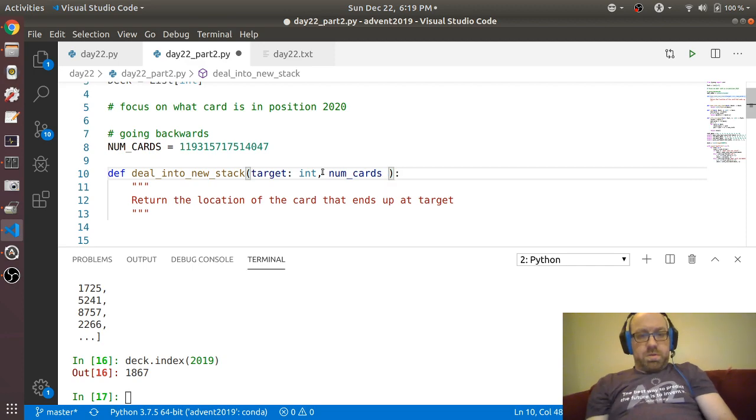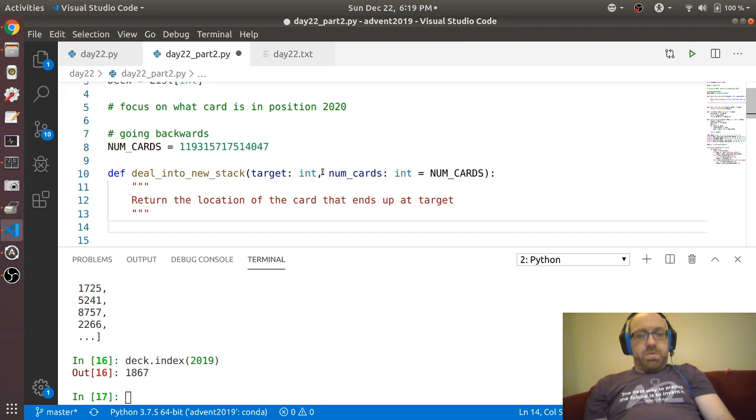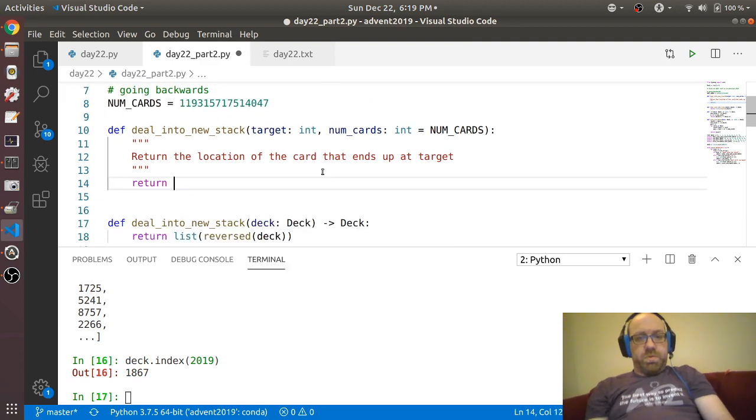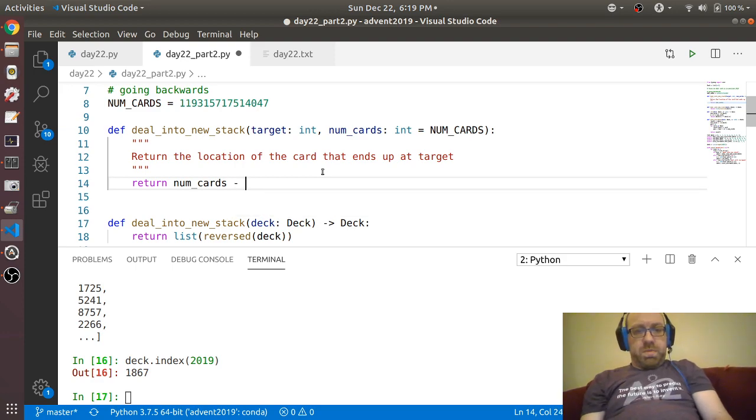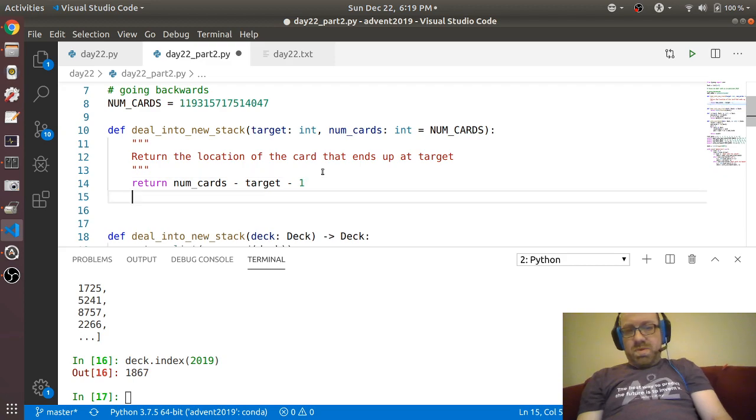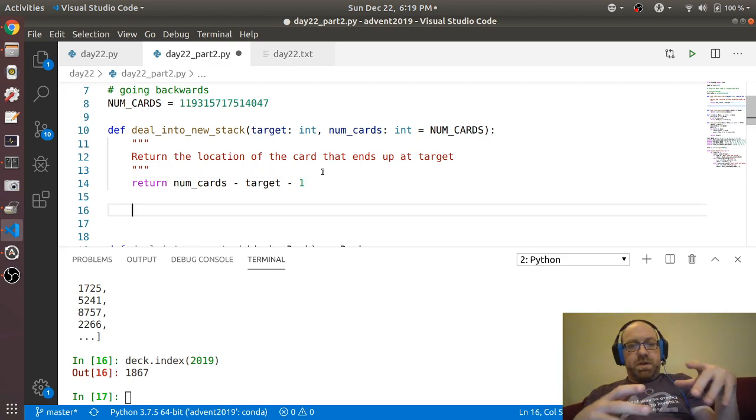Num cards int equals num cards. And so dealing a new stack is just reverse. So I just want to return num cards minus target minus 1, because if target is 0, I'm going to get the last card, which will be at position num cards minus 1. If I want card 1, so